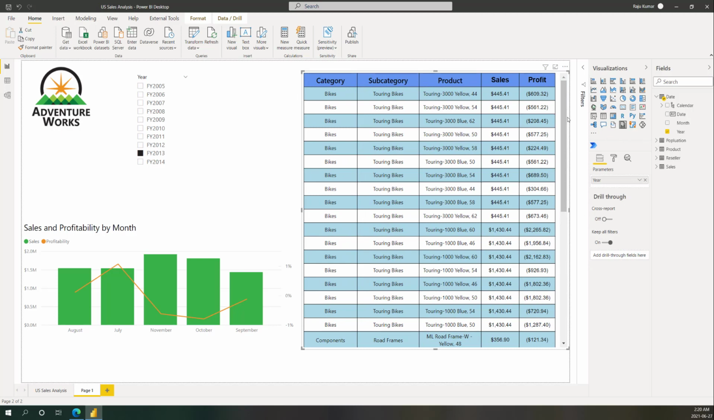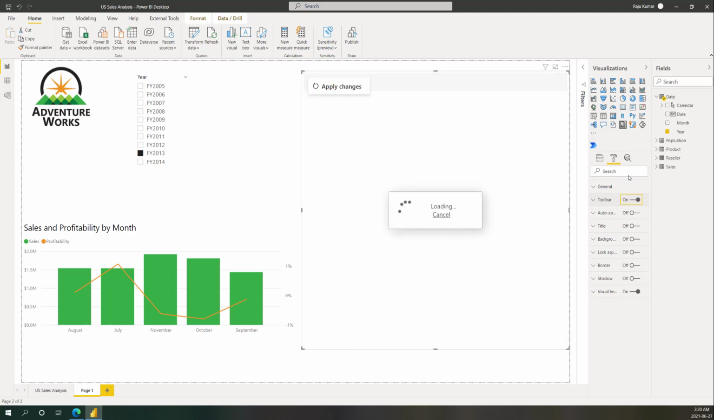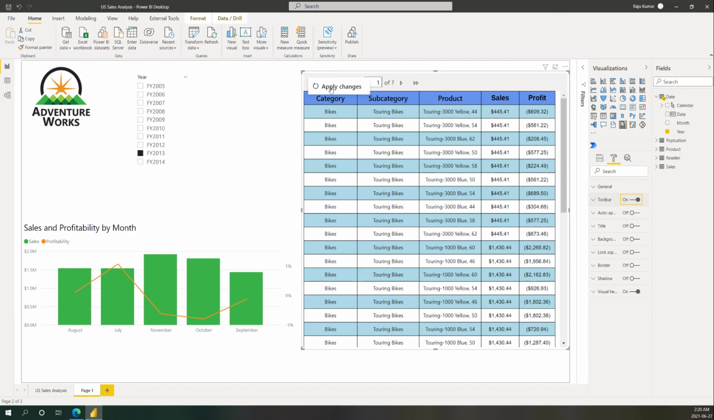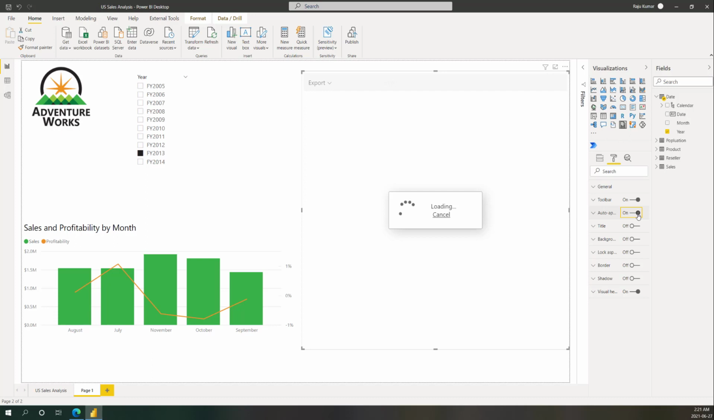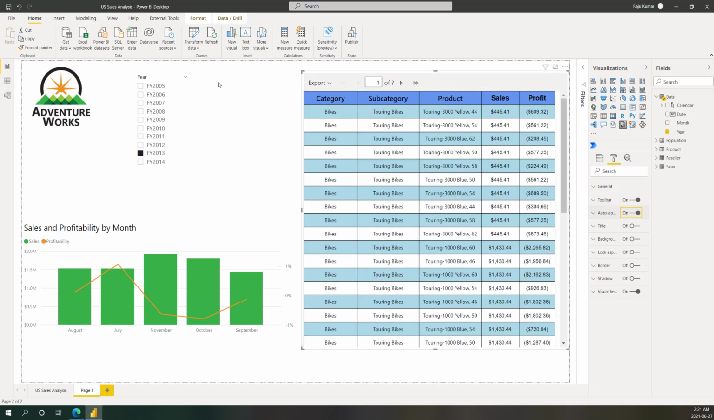This visual, like any other visual, also has a formatting property wherein we can enable the toolbar. And as you might notice, as soon as I enable the toolbar, apply changes is prompted. If I want apply changes to be automated, I can select the second option, which says automatically apply the changes. And what this does, as you can see with the name, auto apply filters, would mean